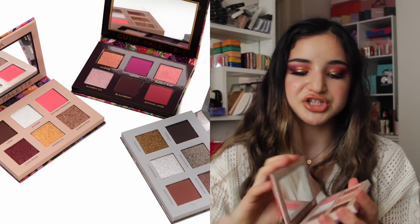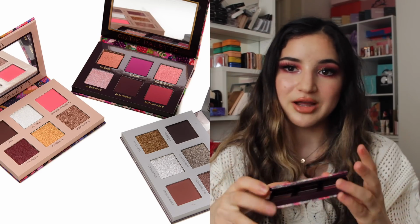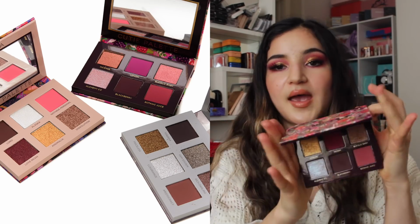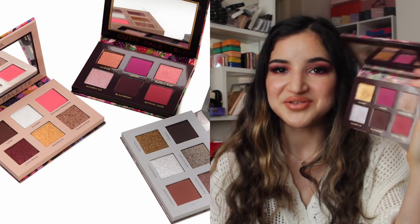So what I did was I took out the shades that I wanted from the Metropolitan palette, took out the shades I didn't want in the Wild Berry, and then kind of made my own. And then I made my own perfect little cutie palette out of the Wild Berry. So I'm sorry, you can't buy this particular color scheme, but this is the palette that I'm wearing on my